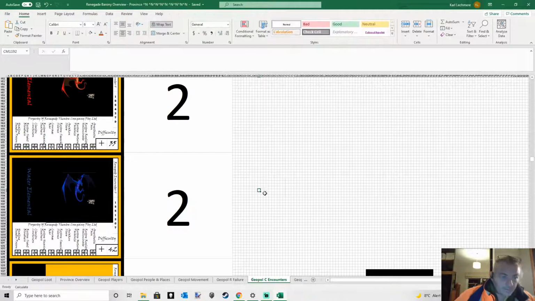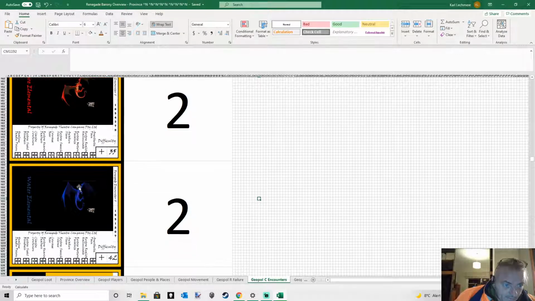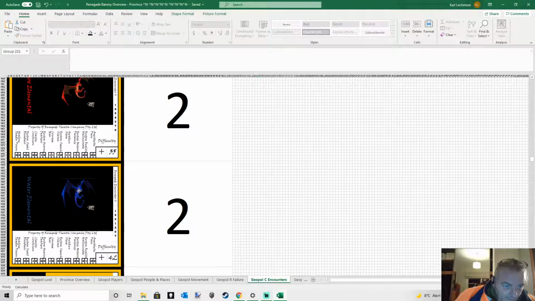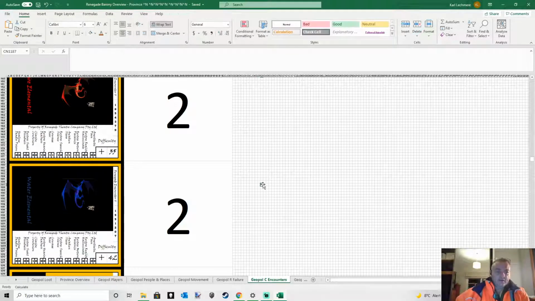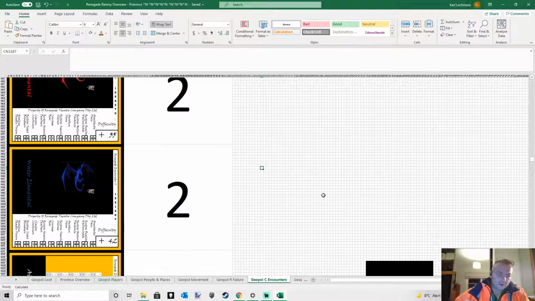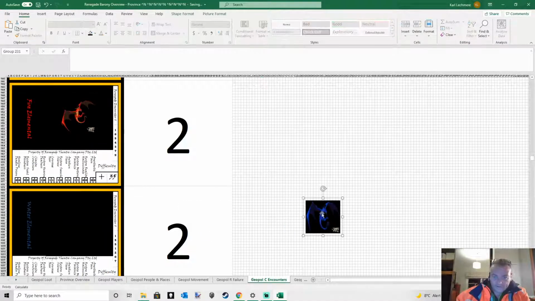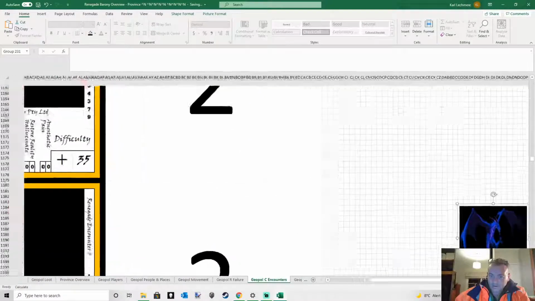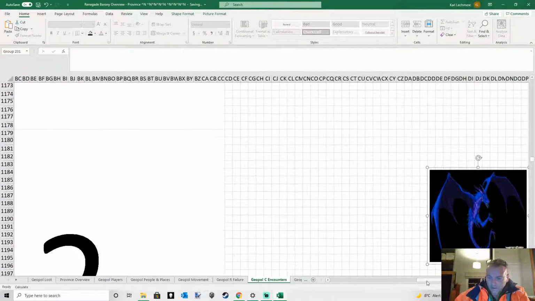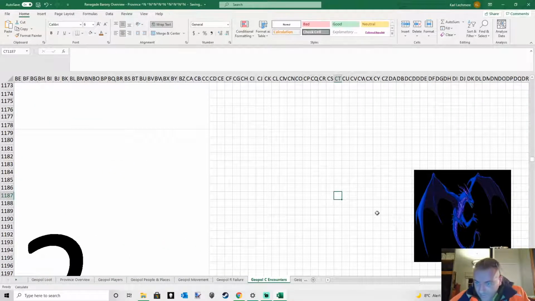Alright. Now you can kind of see that there's a line on this one here. I'm seeing it. Oh yes, you can see it as well. Look, I don't want it there. So what I'm going to do is try and crop it.